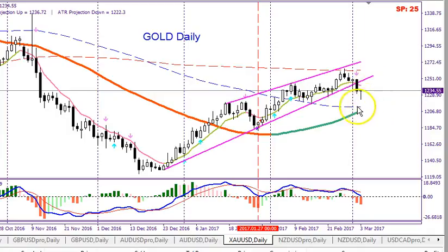If it's going to come down lower, you can see the 100 SMA here. The 50 SMA is meeting up with the 100. So anywhere down to here, gold may eventually come down just a wee bit lower. Also look at the previous swing low here, right? So if we're doing that,